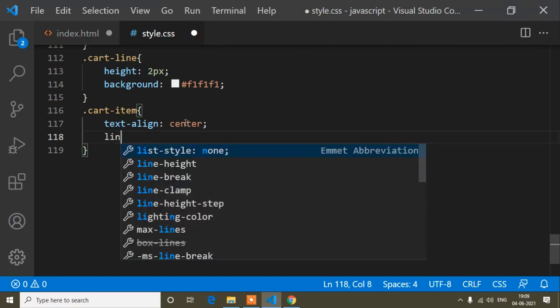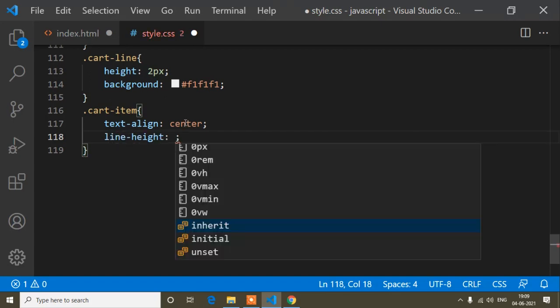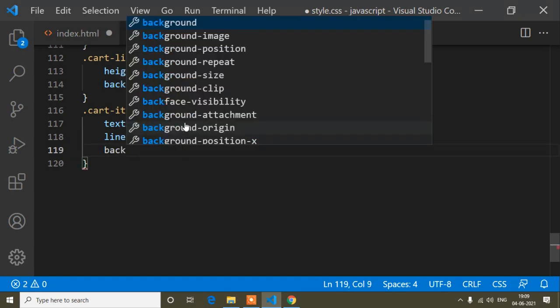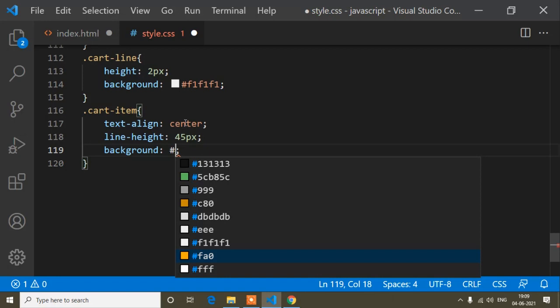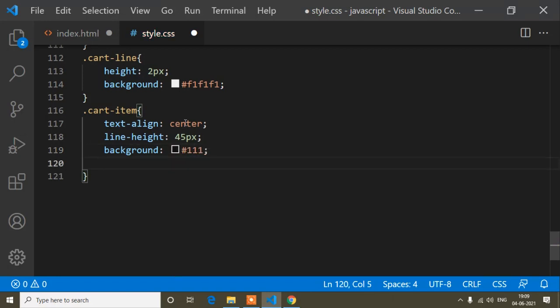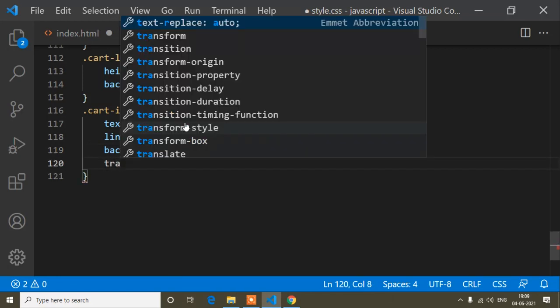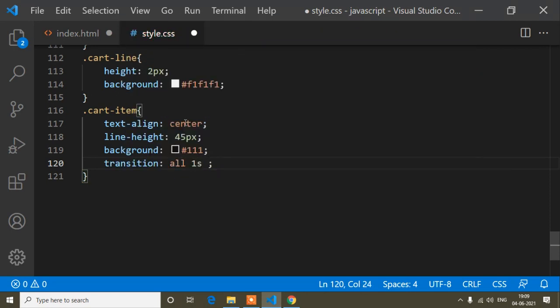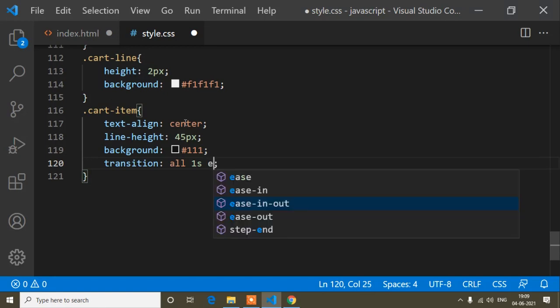And now line height, which I already discussed. I will add line height 45 pixel. And background color, here I will add this color code, it's a black color. And transition will be all 1s, I mean 1 second, and ease-in-out.